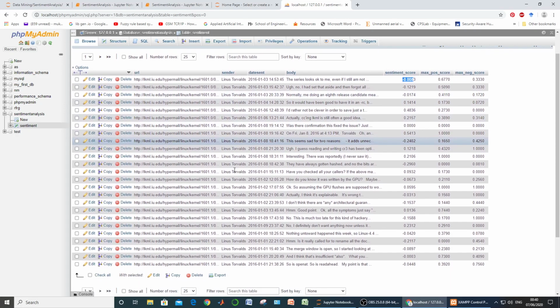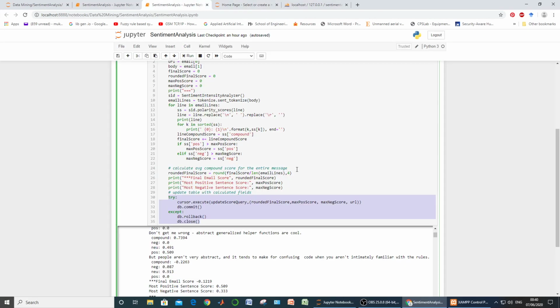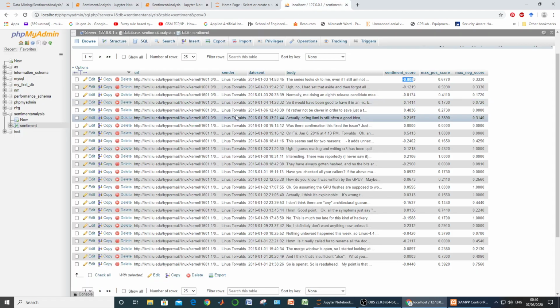So this table is updated. It means we calculated the sentiment scores obtained by each individual email present within our data set. Now if we look at the data set, we can say that this particular email has this much compound score, this much positive score, this much negative score.